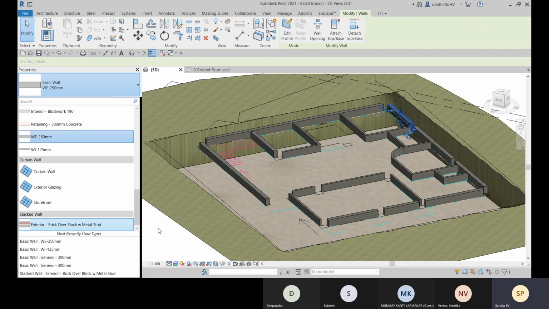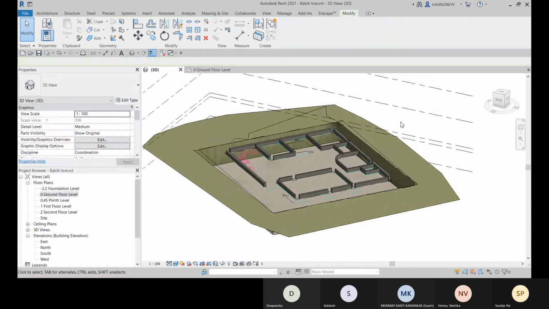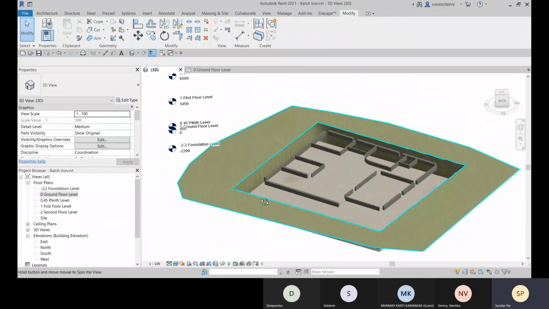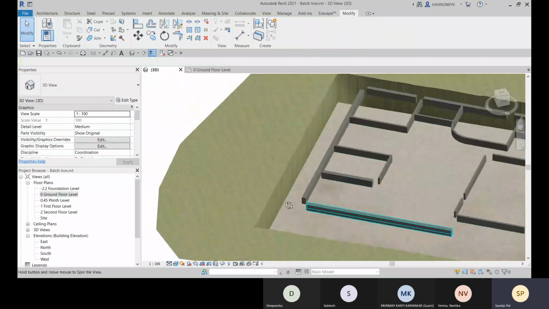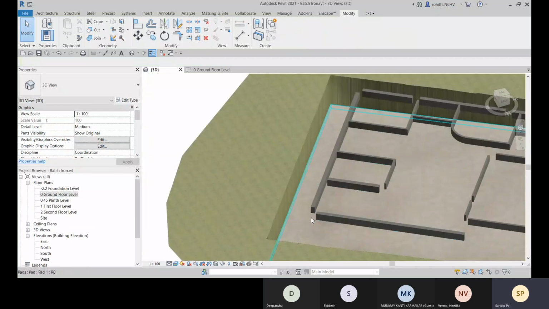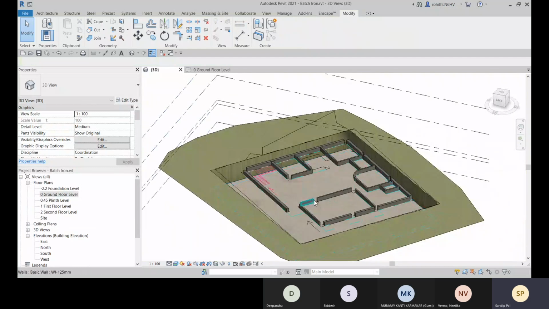Fine. So you can go with the stacked wall also. Right now let me show you the stacked wall, and here I will create some stacked wall. For that, I need to create some sub-walls, right?